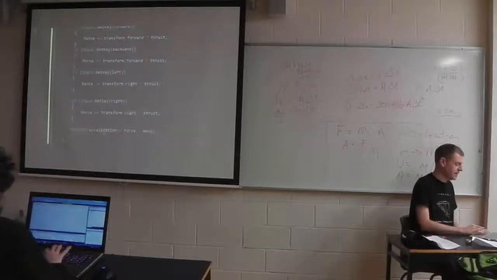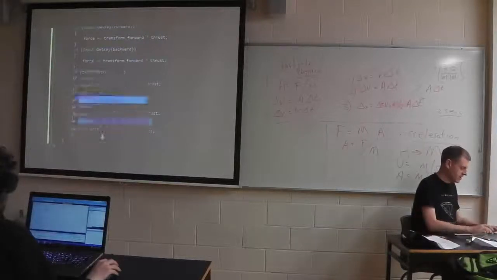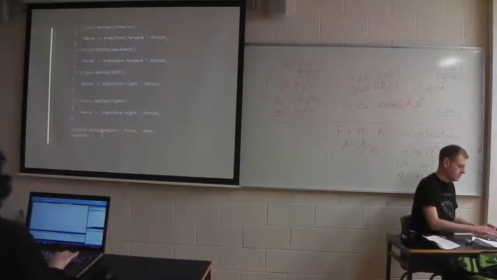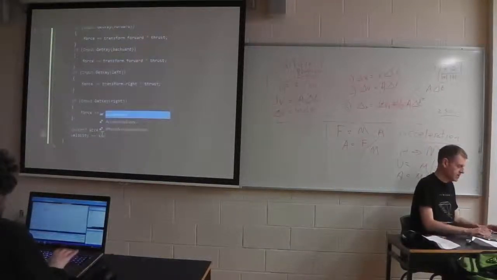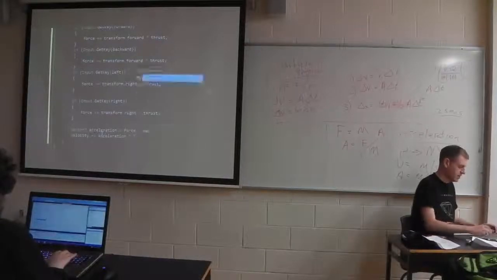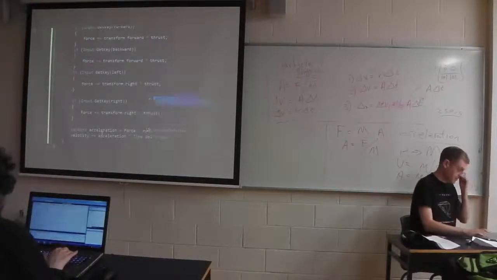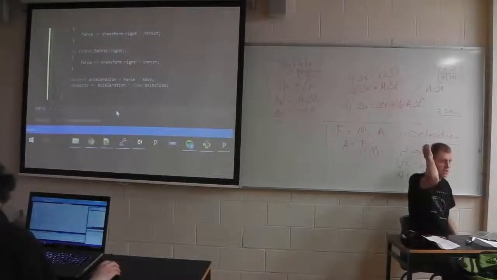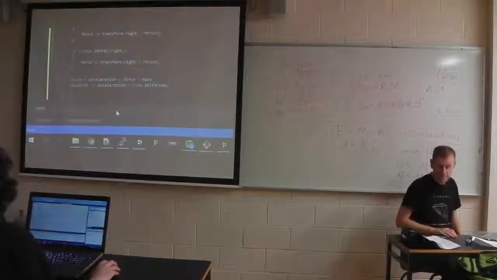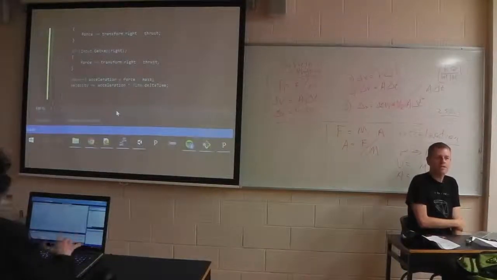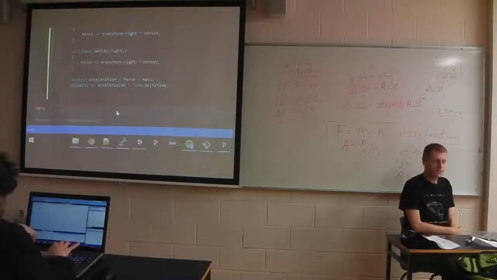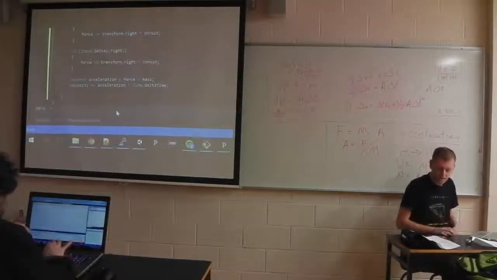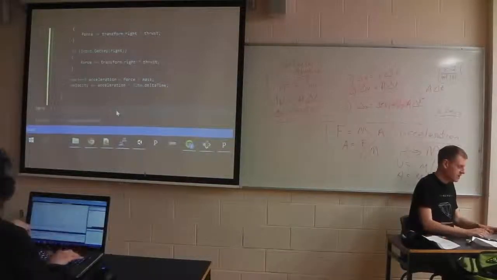Right, there's the acceleration. Now, the velocity plus equals acceleration multiplied by time dot delta time. And then finally, we're going to move the position in the direction of the velocity. The way I would have originally done this is gotten the position and gone position plus equals and so on, but it's not really the Unity way. The Unity way is to do something like,